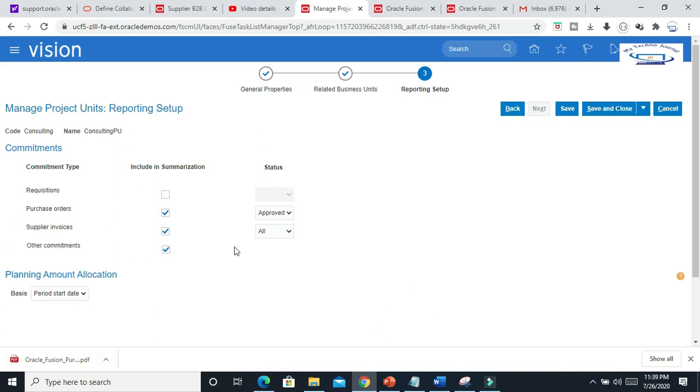If you enable them here, they will be available for reporting purposes. At purchase order level we can use our POET information, and at supplier invoice level we can use POET information like project, expenditure type and organizations. All these details or tax details you can mention, and they will be tracked at project unit level. That kind of commitments you can enable here at project unit level. Save and close.